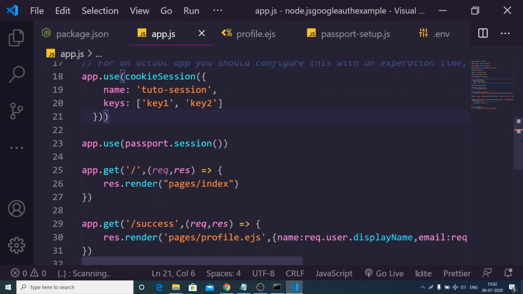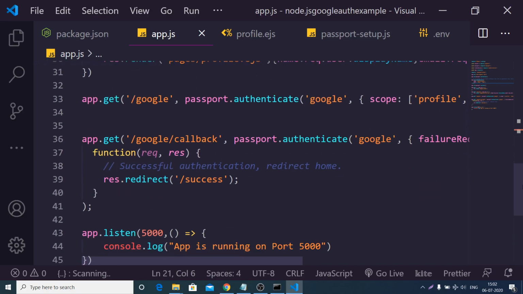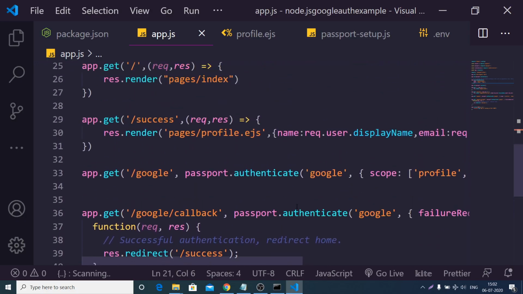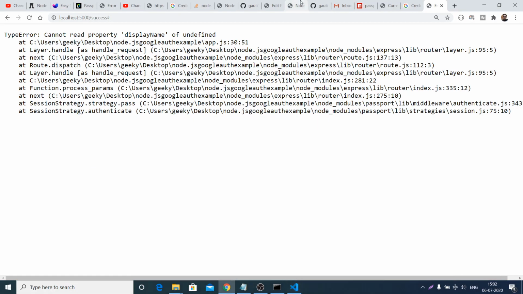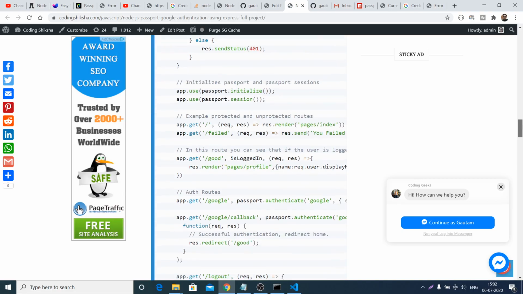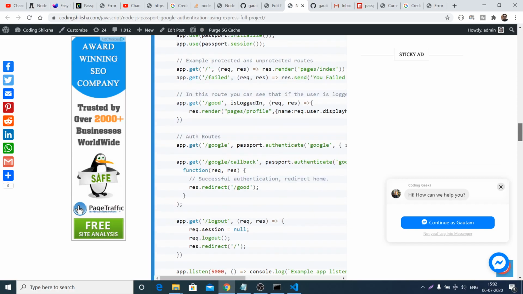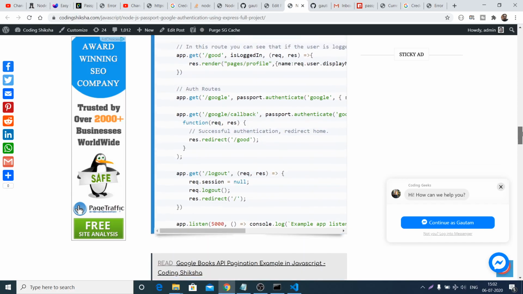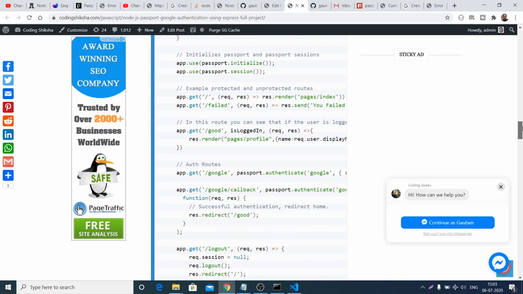If I once again select this, let me just see, pages profile EJS. Just wait guys, let me just copy that. Yes, this is a line guys, you can see that pages.